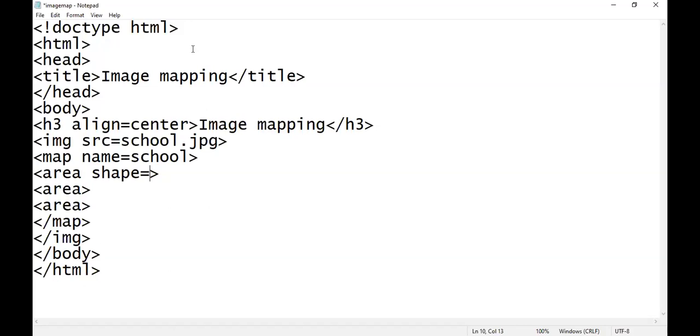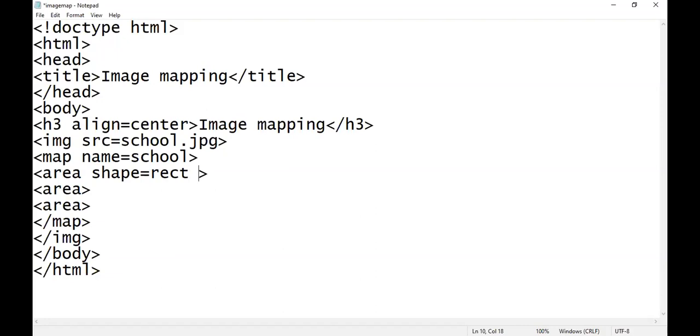These types of questions you have to answer in your final examination. Amol says rect. Yogesh also says rect. You both are right. We have to assign rect for a rectangular shape. Very good.